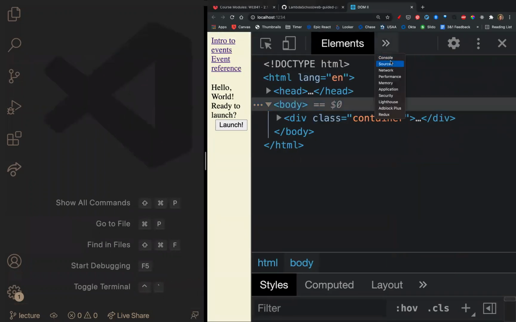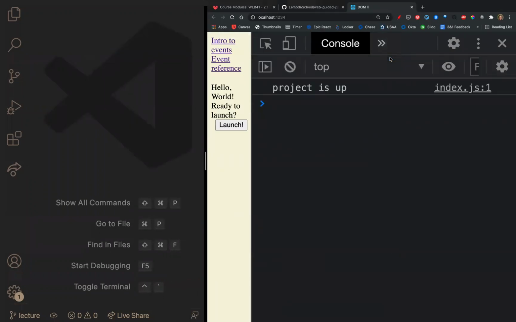I can't remember exactly what it is for Windows, but make sure that you know the command to open up and close the console. In Chrome, it's really critical that you do that because you're going to be opening and closing that console a